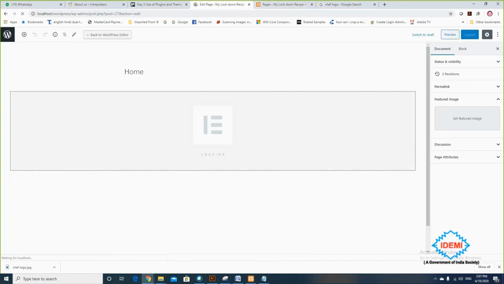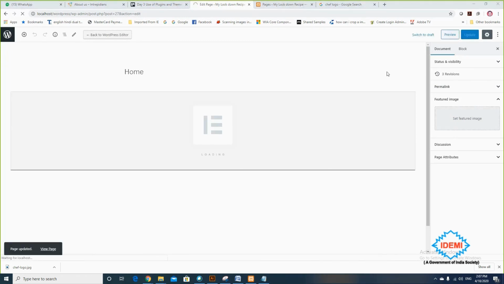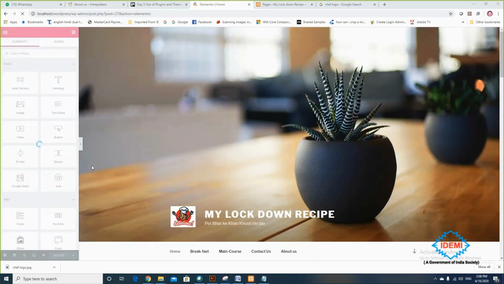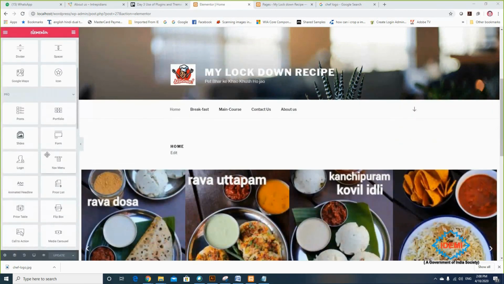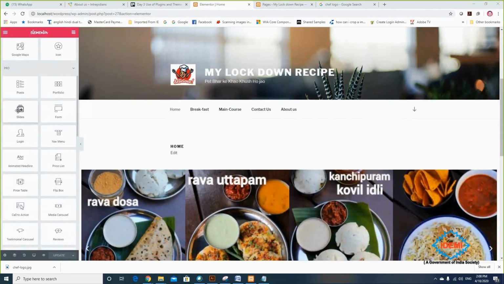So in this edit with Elementor, once you install a Pro version, okay, that lock will unlock and you are able to use all the components. Okay, so now this is unlocked. Look at this Pro version part.